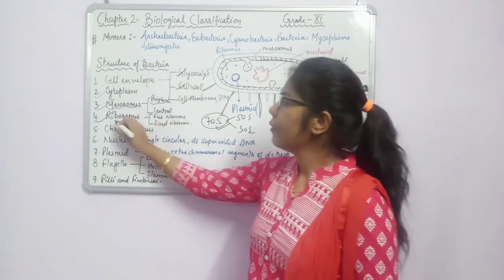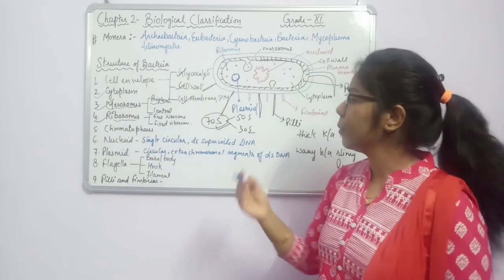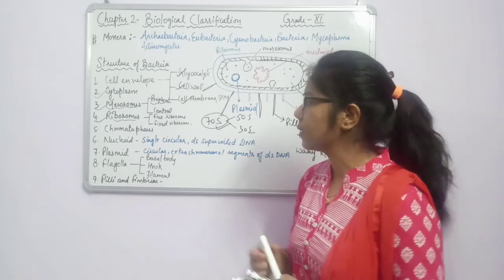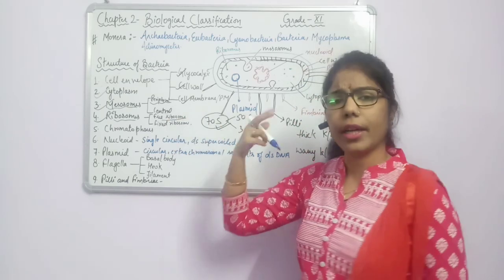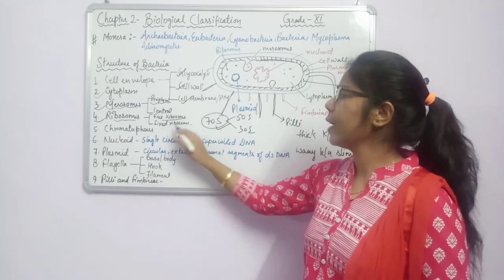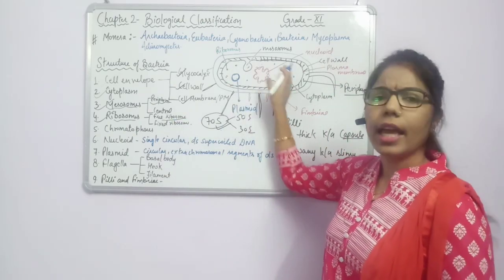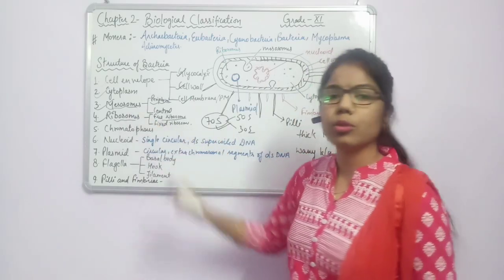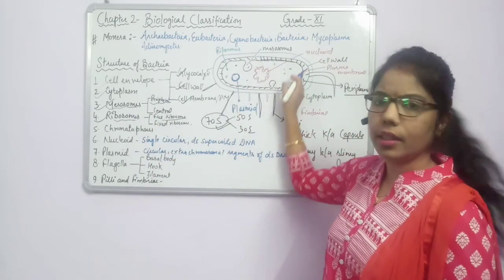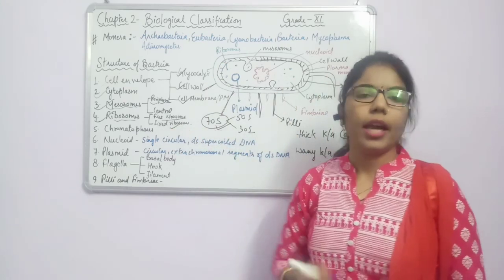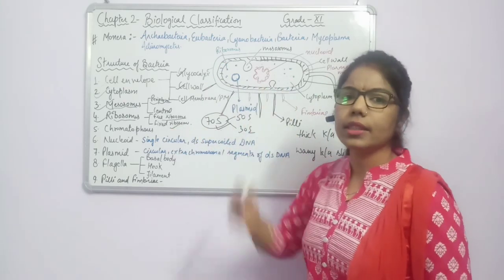So these ribosomes are important for protein synthesis, and they are without histone proteins. Now we have divided ribosomes into two parts, free ribosomes and fixed ribosomes. Free ribosomes are scattered everywhere, and fixed ribosomes are fixed into the membrane. When it is fixed into the membrane, we call it a fixed ribosome. The function we have discussed: protein synthesis.